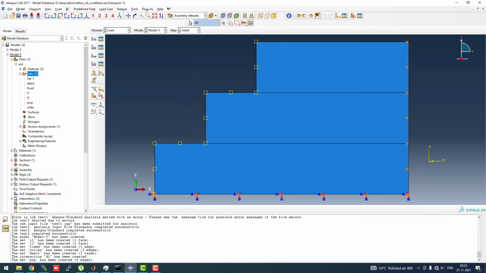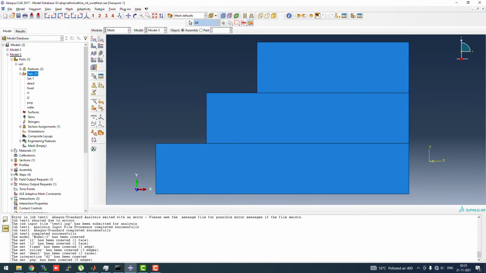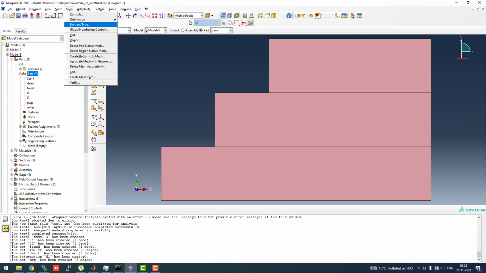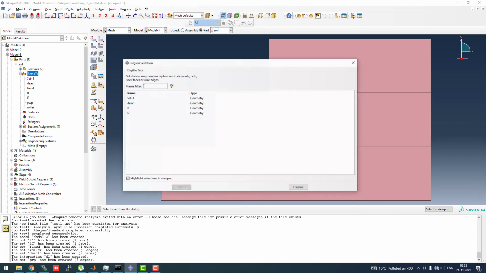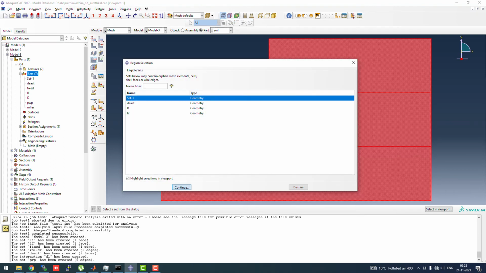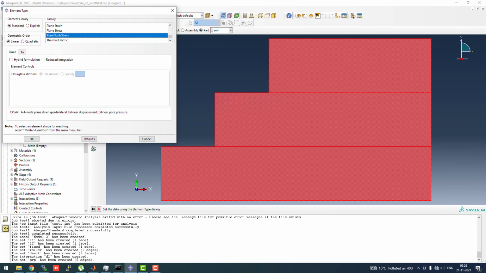Now dismiss this, and we can see that we have to go to mesh section. Now in the meshing, sorry, we'll go to part module now. We have to mesh it according to pore water pressure, so that the pore water pressure and normal stresses both can be calculated. So we have to change the element type of this whole set to pore fluid and pore stress.